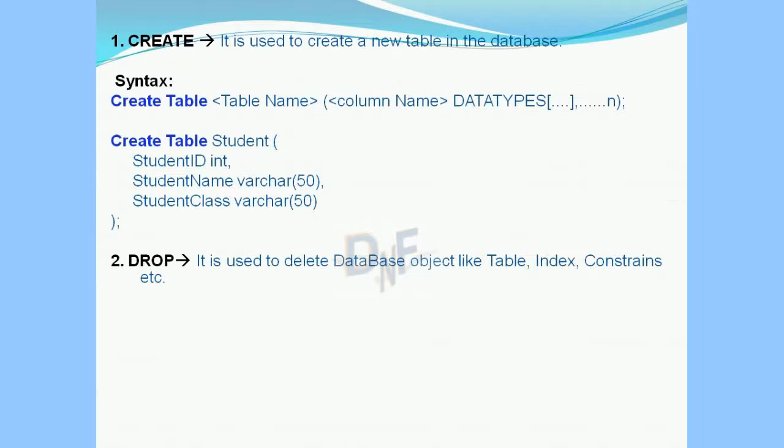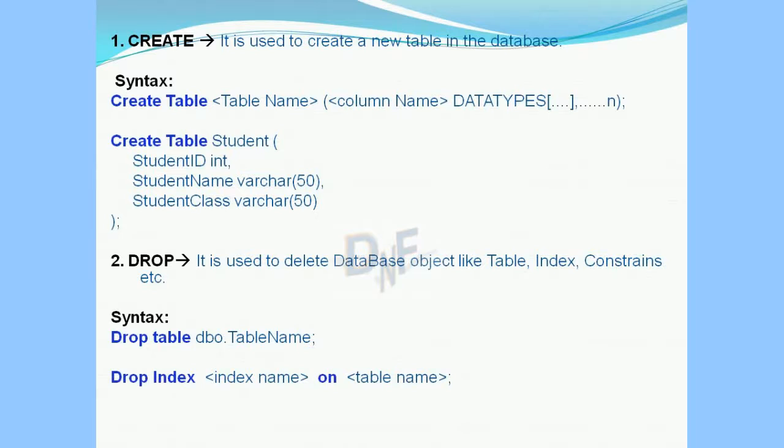Next is the drop command. With the drop command, we can drop database objects like a table, index, or constraint. These are the database objects, and we can drop them by the drop command. It is also a very important command. For example, if you want to drop a table from the database, just type drop table and the table name.